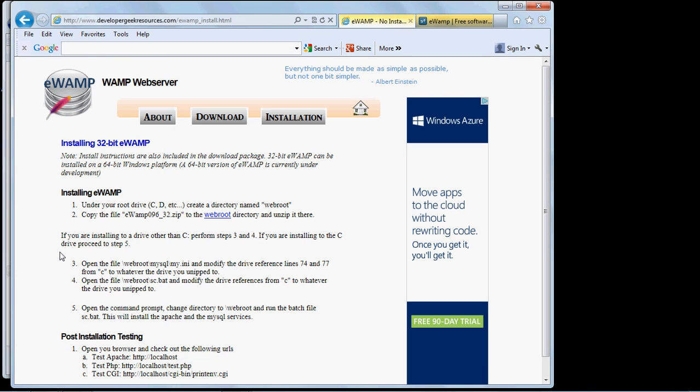And now if you're installing the package to a drive other than C, you're going to want to do steps 3 and 4, which is just changing a couple of references. But since we're installing it to the C drive, we can proceed on to step 5. So a 3-step procedure. So we need to open up the command prompt and change to the directory /webroot, and we're going to run this batch file called sc.bat, which is going to install the 2 web services for Apache